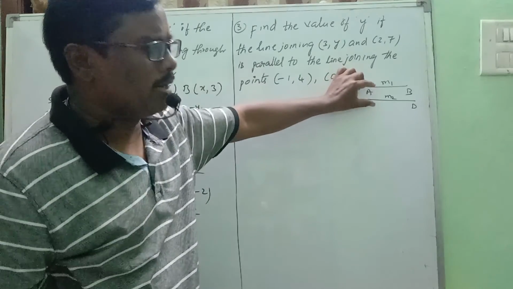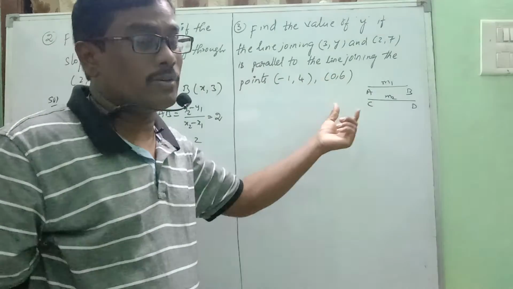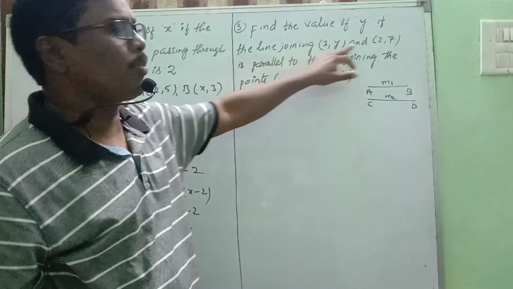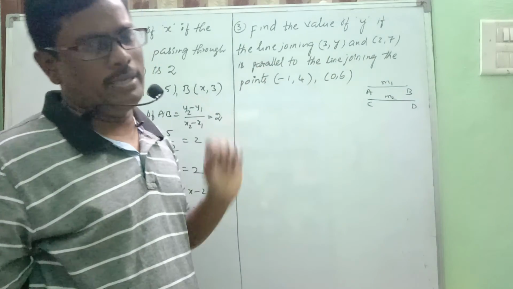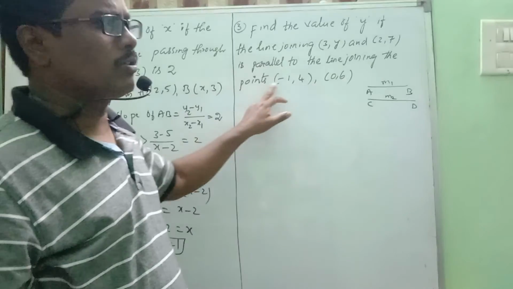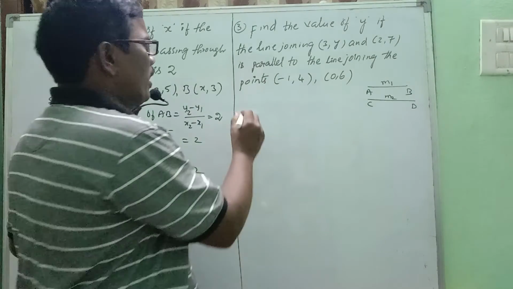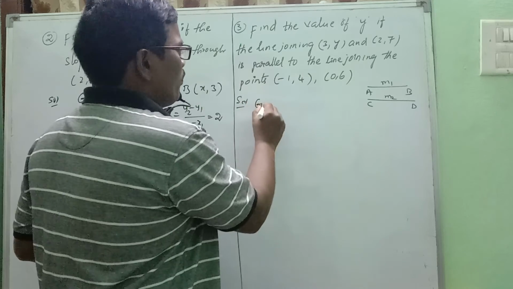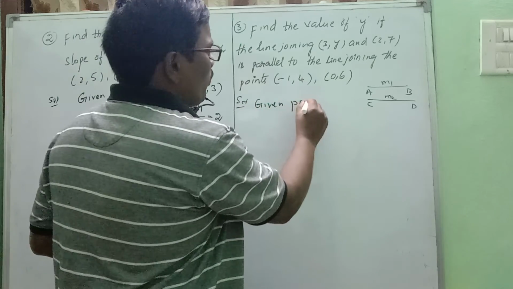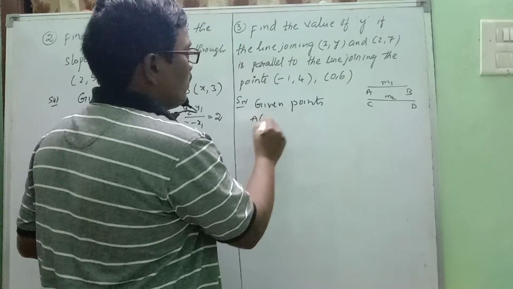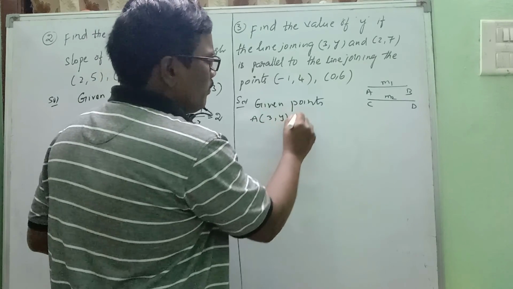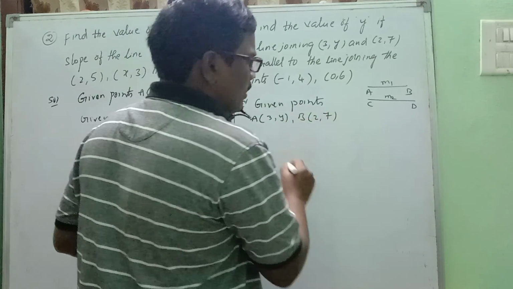The two lines are parallel, so the slopes are equal. For the first 2 points, y2 minus y1 by x2 minus x1; for the other 2 points, y2 minus y1 by x2 minus x1. Solution: given points, take A as 3 comma y, B as 2 comma 7 and